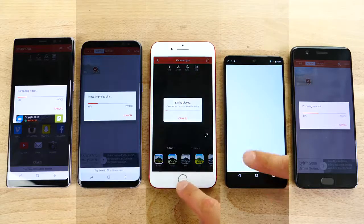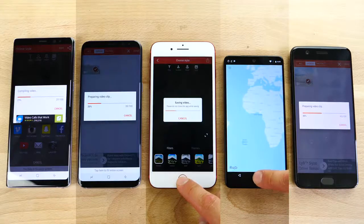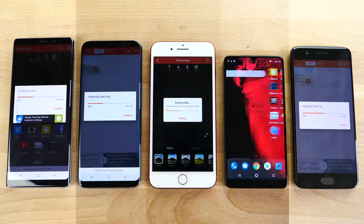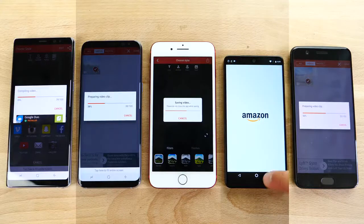The iPhone is already saving it, while the rest are still importing and compiling it, while the Essential smartphone takes an eternity to load Uber. This is the slowdown I was mentioning. I mean, look at this. Just to leave back to the home screen, I had to press it twice because it didn't register the first time, or it kind of